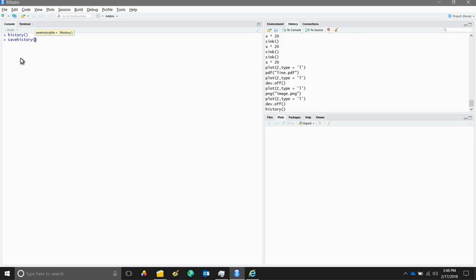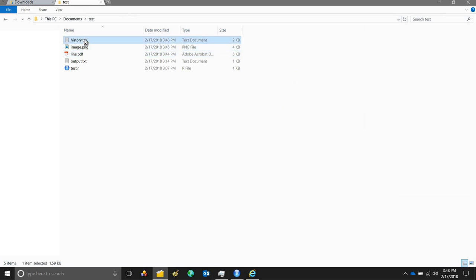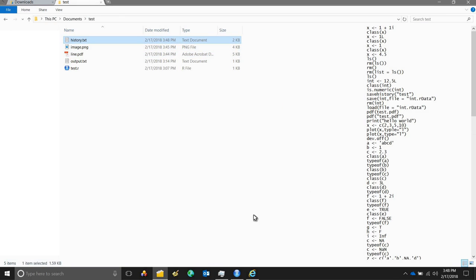Now, by default, the file name is .Rhistory. That gets created. But if you want to save it under some other name, you can give another name. So I just say history.txt, and then a file has been created. If we just look here, the history.txt file is created with all the different commands that I have run